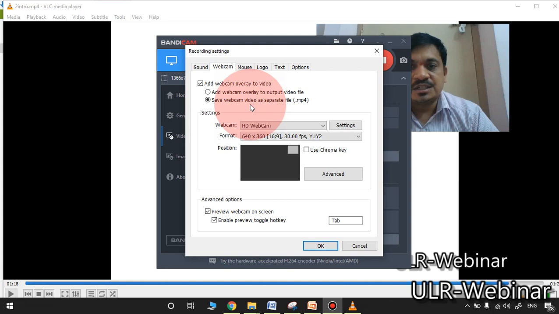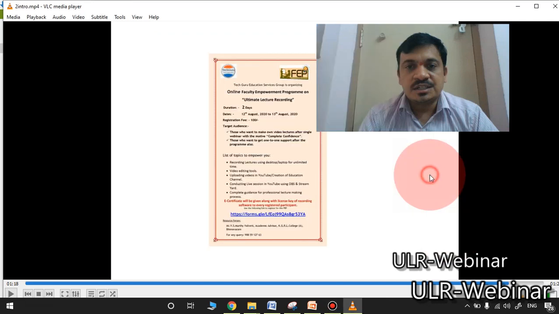In your keyboard, please observe, there is a tab button. Here, in the advanced options, the preview enable button is tab. If you click the tab button, your video will disappear from the recording.